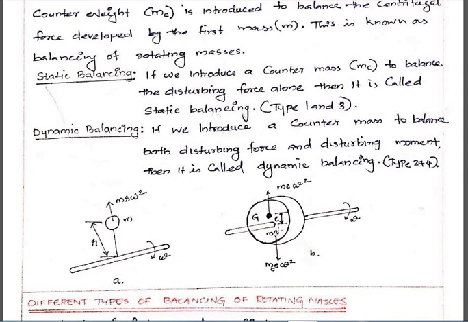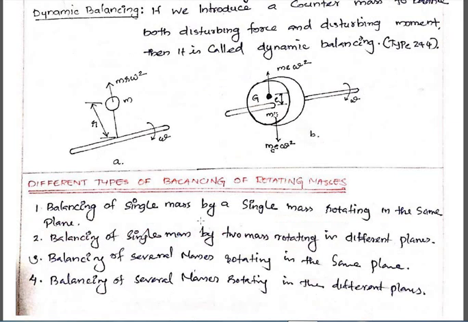To balance this force, we will place another mass, small letter m here, diametrically opposite with the same radius or a different radius. If the radius is the same, we can place the same mass. Similar to this magnitude m, we can place another mass, which is called mc. The magnitude will be equal to m. So we can balance like this.